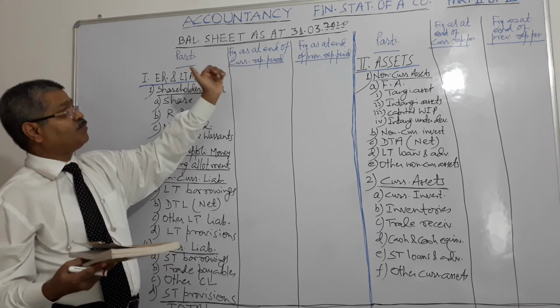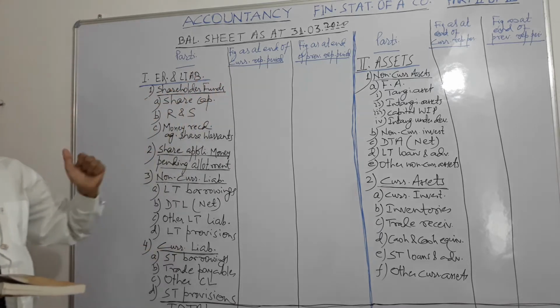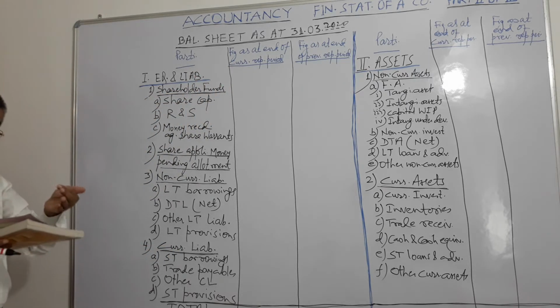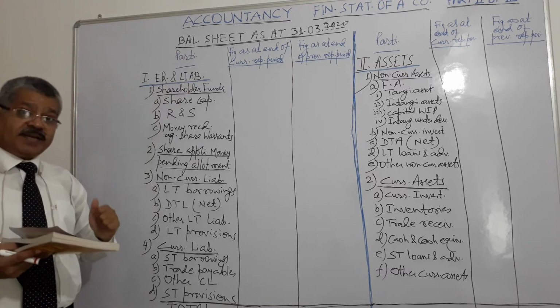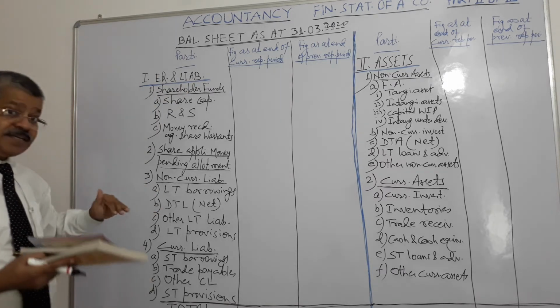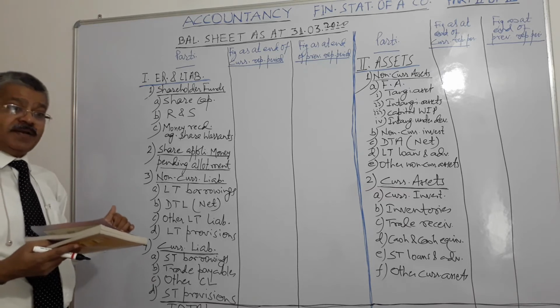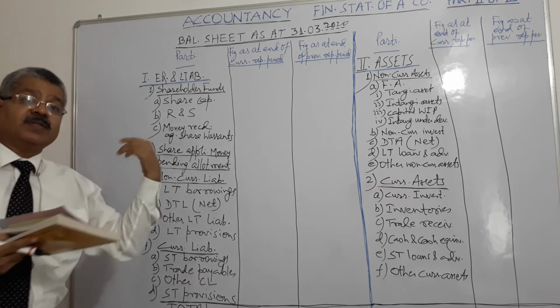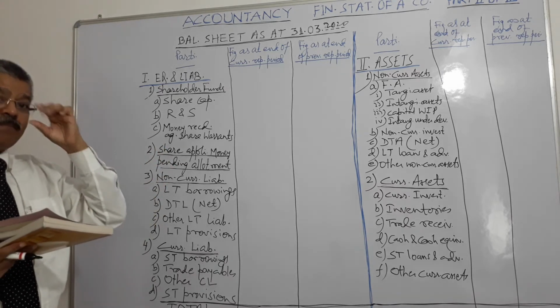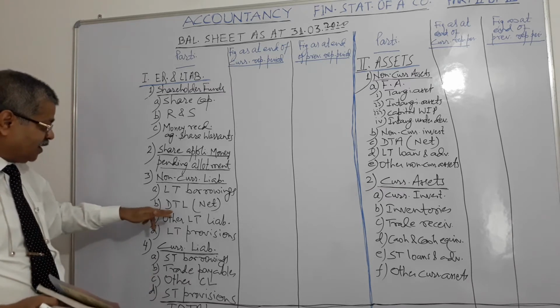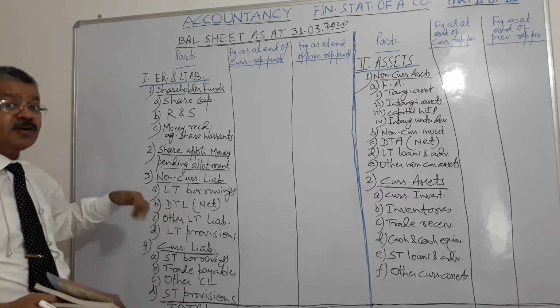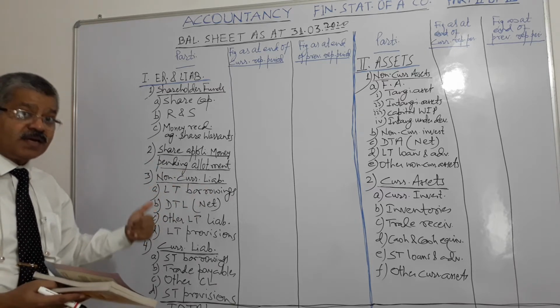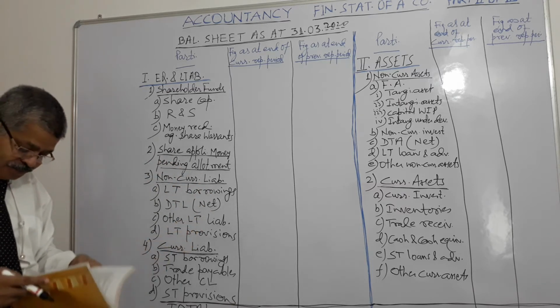31/3/19, FY 2019-2020, and a certain amount of tax has been assessed for this period, but it is not paid during this period. It has been kept for the next period to be paid. That is why it is a tax liability, but it has been deferred for payment, deferred from the current year, right?